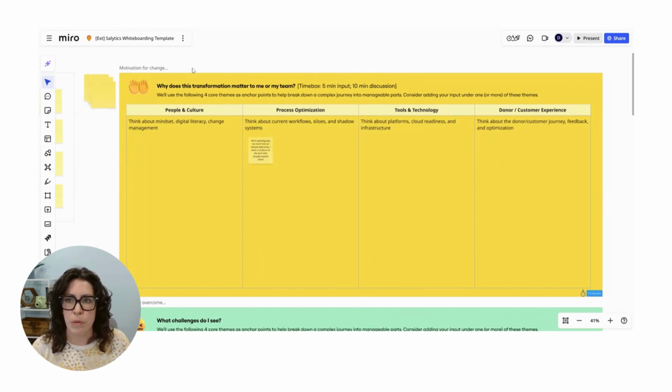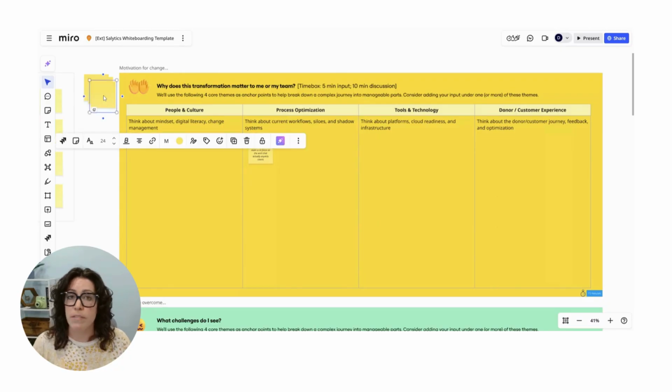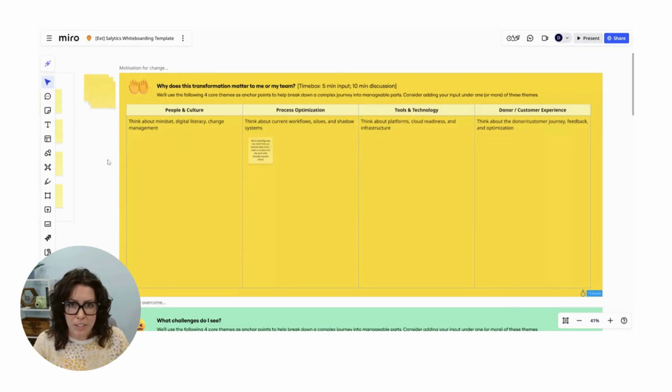First, we're going to go through our motivation for change. So there are sticky notes here on the Miro board, or if you're doing it in person, you can write down physical sticky notes. We advise that everyone participate silently, writing their own sticky notes for about 5 minutes. And then after that 5 minutes, we can come together and discuss everything that's here on the board. This makes sure that all voices are heard equally. We've also provided these 4 core themes for you. If they don't serve you, that's okay, but they help us structure the conversations that we'll be having.